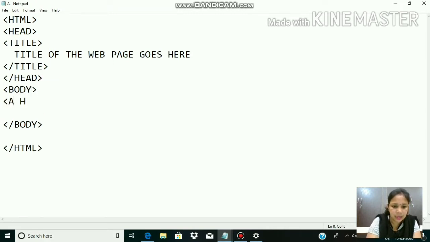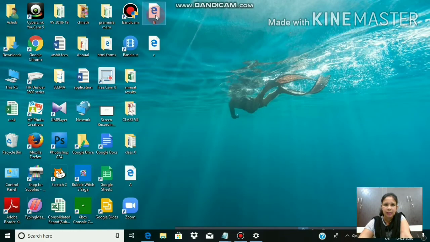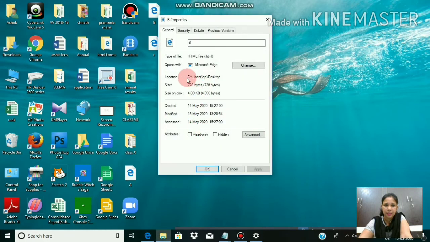a href equals to, within quotation marks, click here to go to another web page. Suppose I'm giving it this much text, web page. So here the user will click and another web page will open. Here we'll paste the address of that web page, B. Minimize it, right click, properties, and copy the name, B.html.